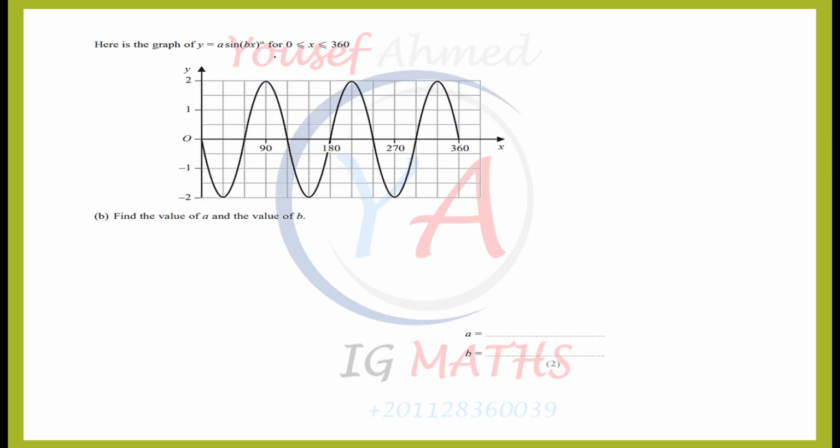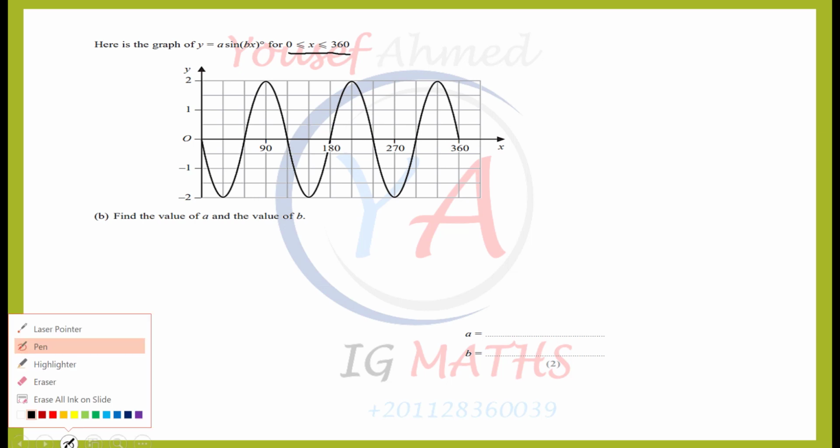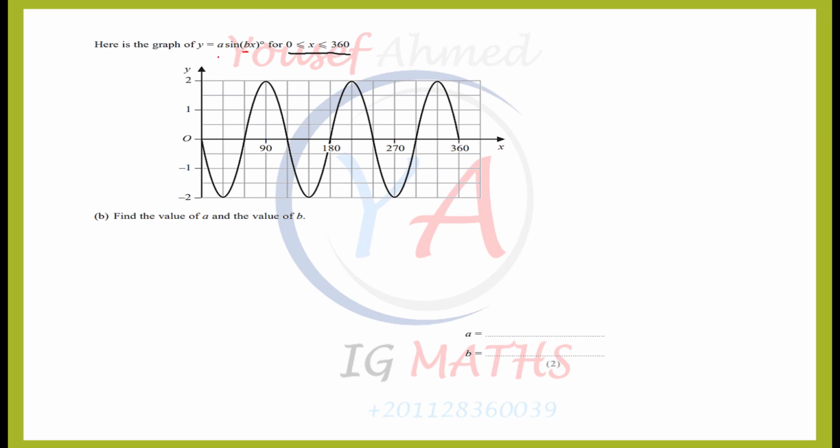If not, bx for x is between 0 and 360. As I told you, we need to find the values in here. This is case number 2. Whenever you have the period here, p shows the period or the stretch and compress for the function itself. The value of a, as what we have learned, a is half times the maximum value